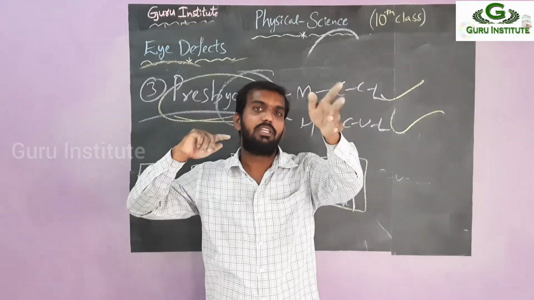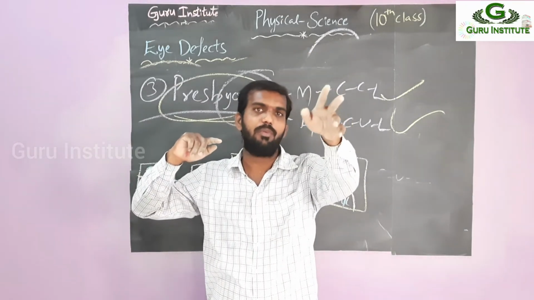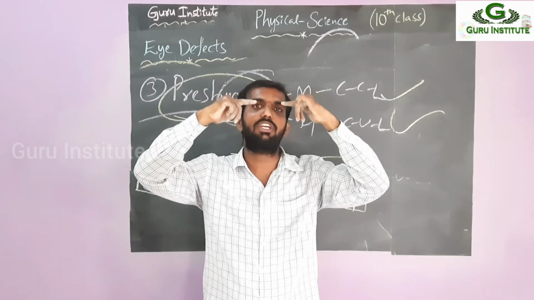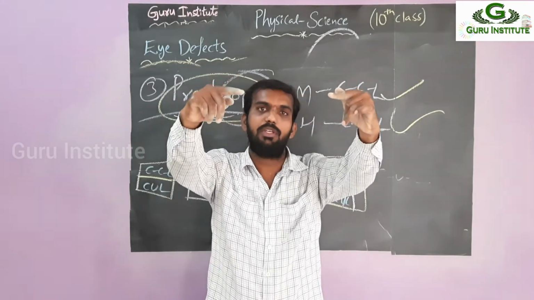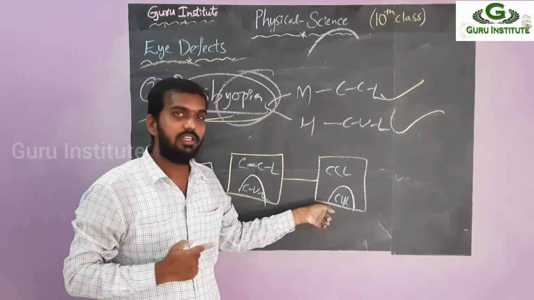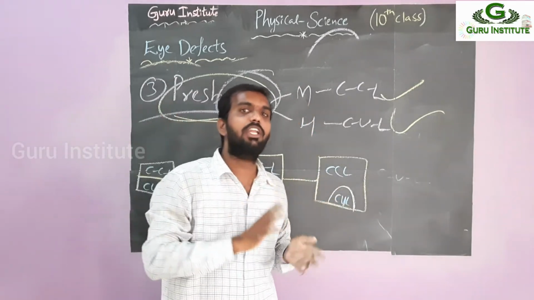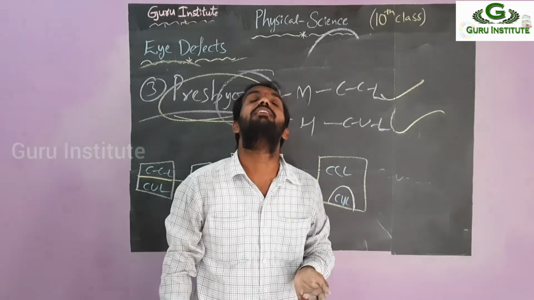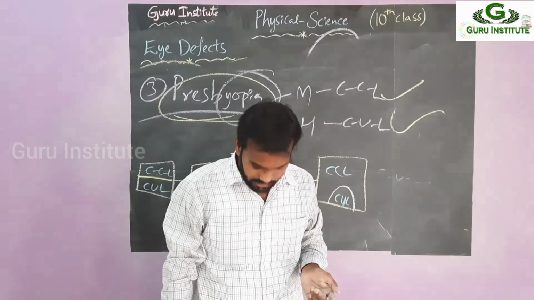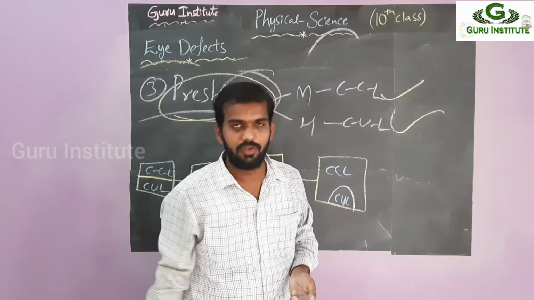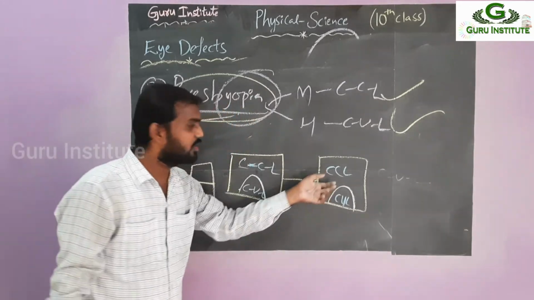So a myopia person can't see far. If you want to see the far object, concave lens is used. Then where should the concave lens be used? At the top side. Why? Because you can see the far object like this. But the near object we can see like this. So that's why at the bottom you use the convex lens. If you use the reverse order, it would be very hard. Why? Because if you want to see the larger distance, you see like this. If you want to see the nearer distance, you see like this. Then there will be another defect. Neck defect will come. So to avoid that, they are using it like this.